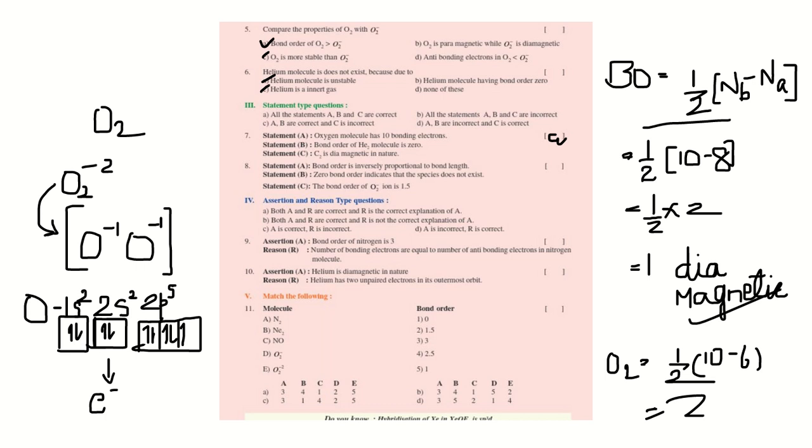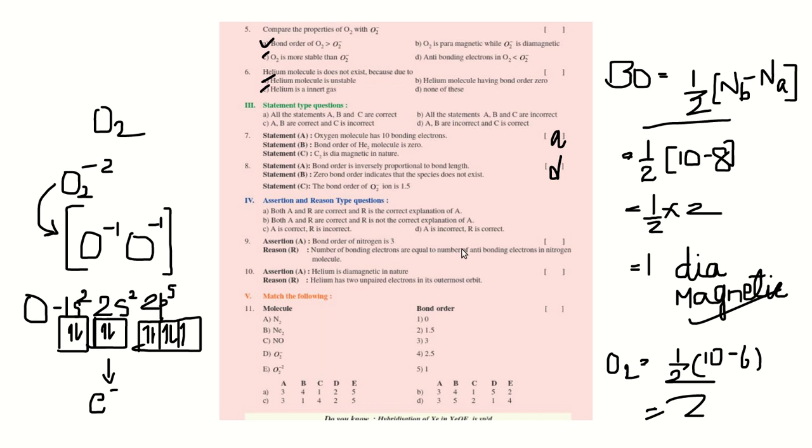So the answer, as I told, is A. And next question: bond order is inversely proportional to bond length. That is false. Zero bond order indicates that species do not exist. That is also false. Bond order of O2 minus ion is 1.5. That is correct, and the answer is